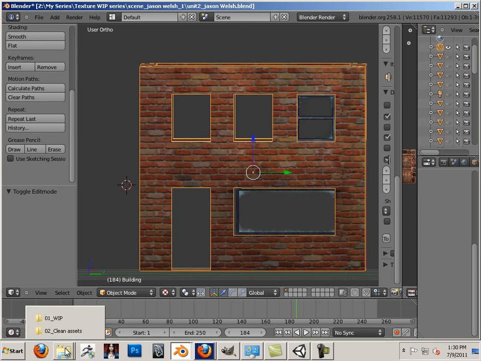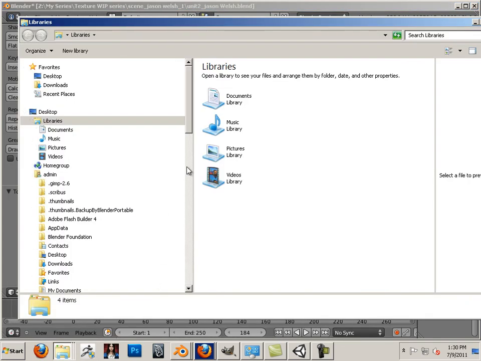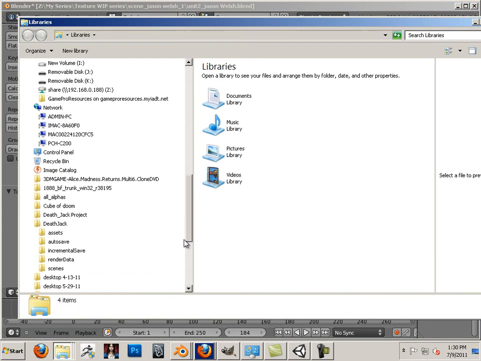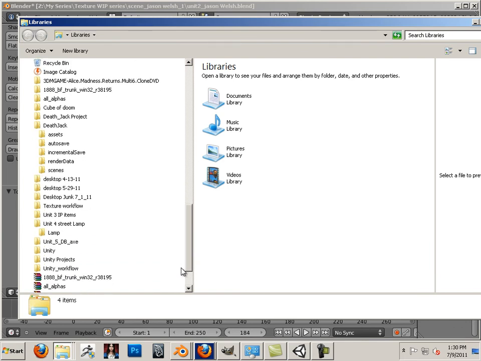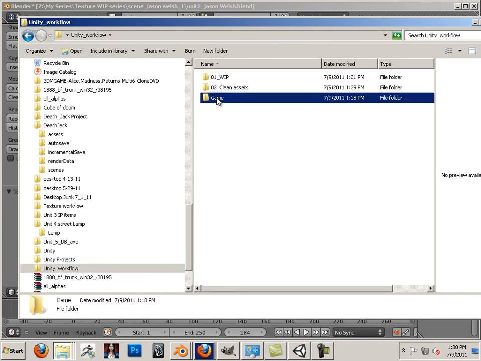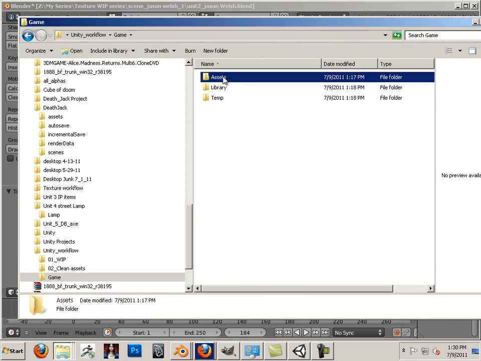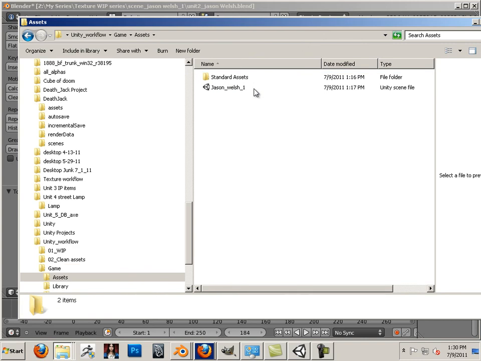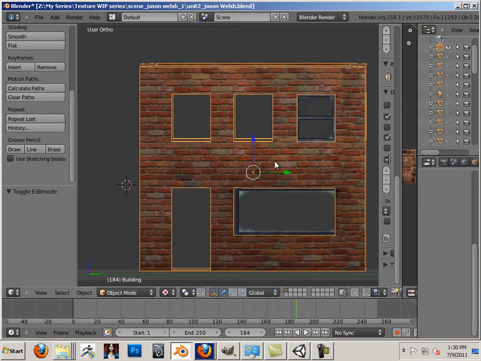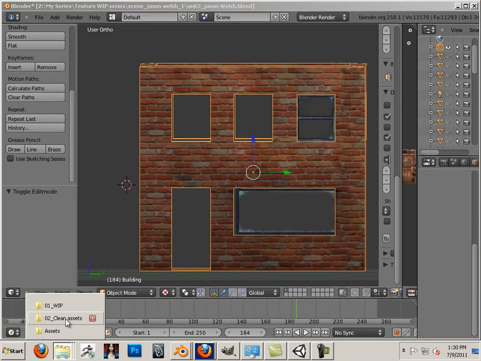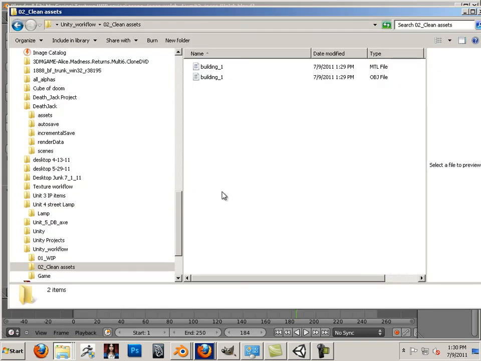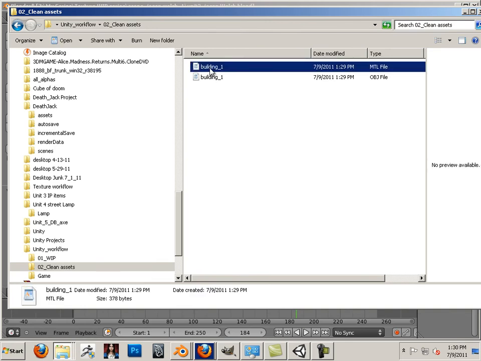And then next, I'm going to do one more. The next one I'm going to state game. And this is my assets directory. Okay, minus that one. There. Now I can go to every step. Set up a nice workflow. You'll be all right. I'm cleaning assets, so that means I'm going to go in here and look for the